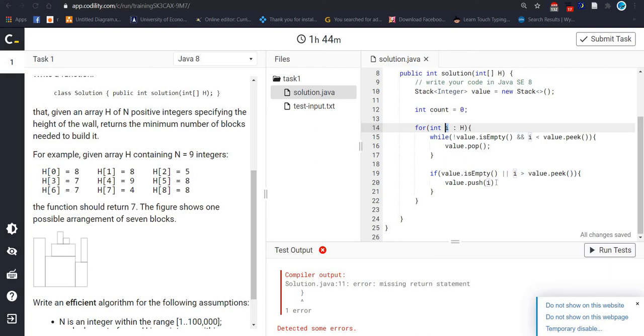That's why we should call this variable again. And we should increment count. If this condition is fulfilled, then count will be increased. Later we should return count like this.